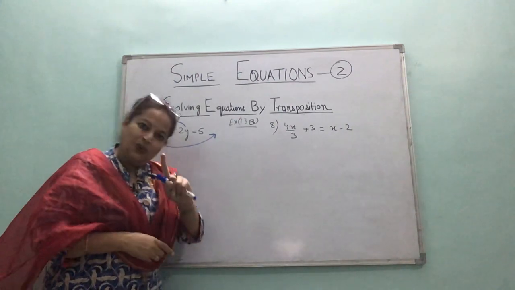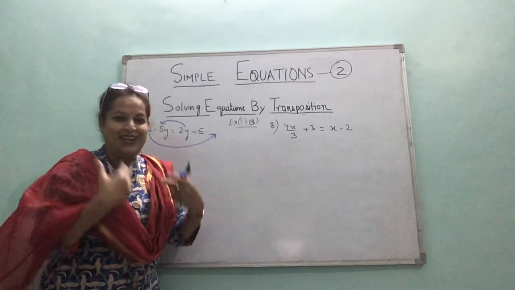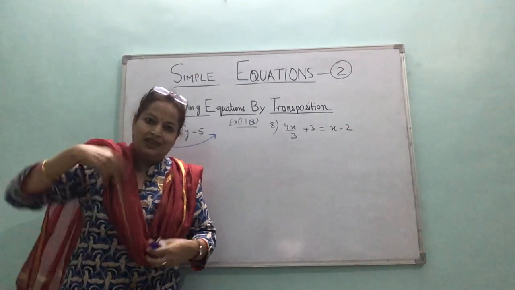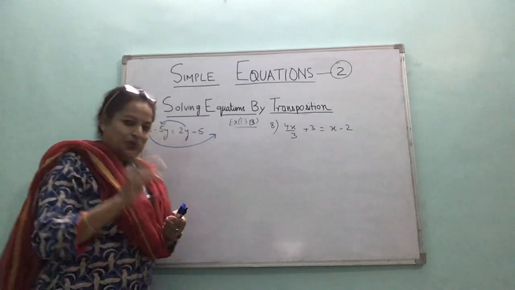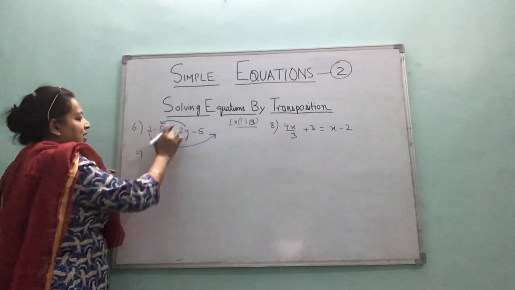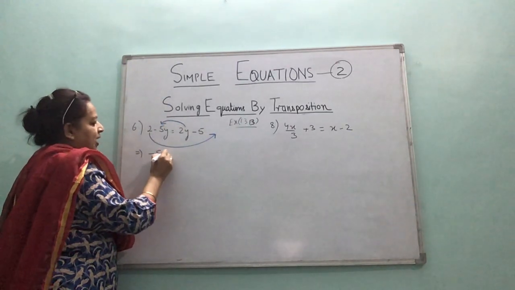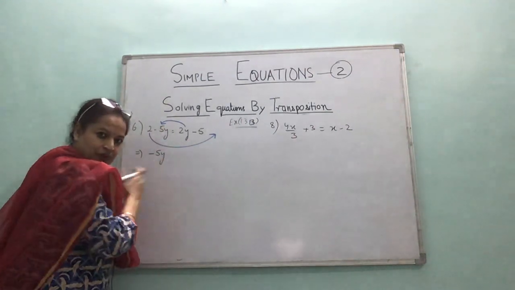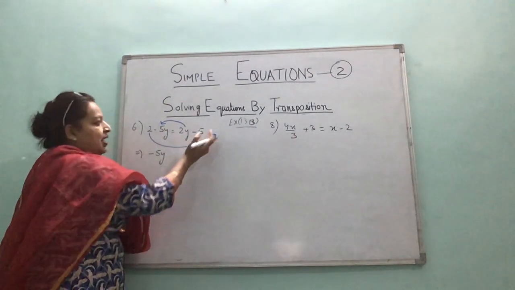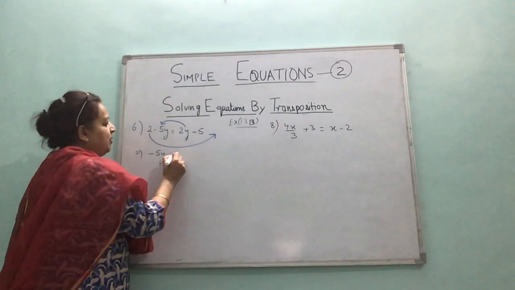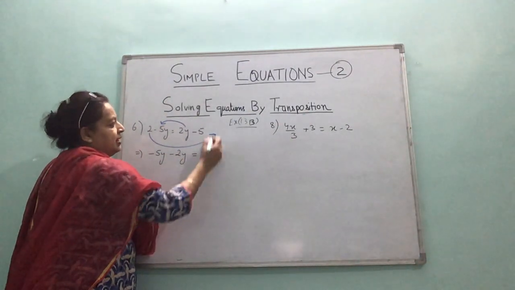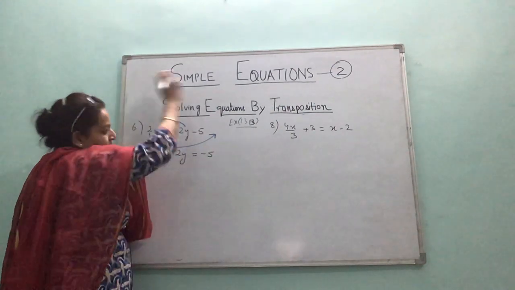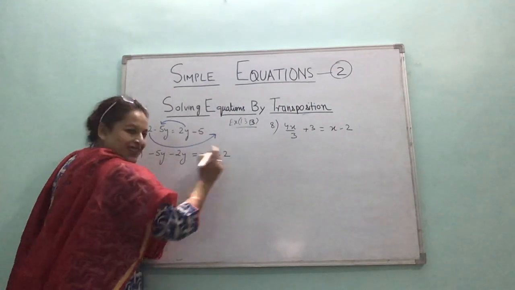Till now we were doing only 1 transposition. That is a difference, right? So as we go ahead, you have to learn something or the other new in further questions. So 2 transpositions. This one which is already there, the sign remains the same. On the left hand side, it was already on this side, so do not change the sign. But 2y is shifted, so it becomes minus 2y. Minus 5 was already there, so you do not change the sign. But 2 is going to the other side, the sign changes.